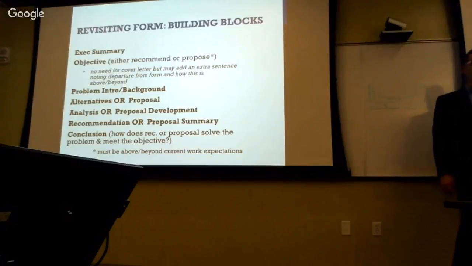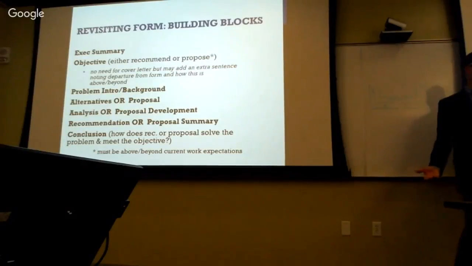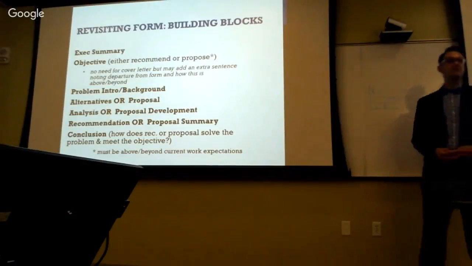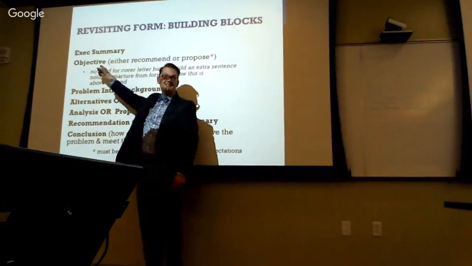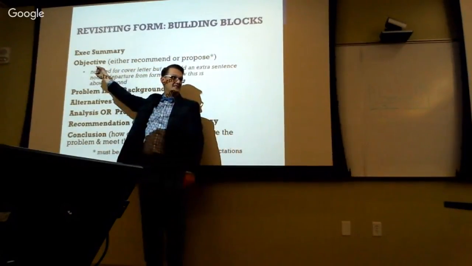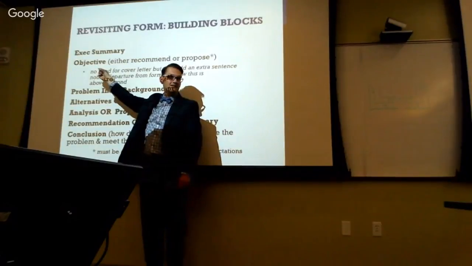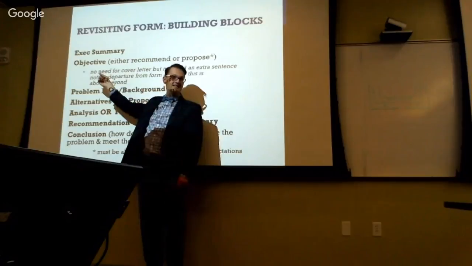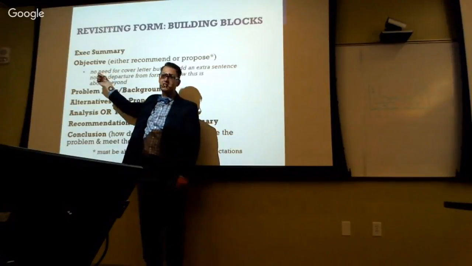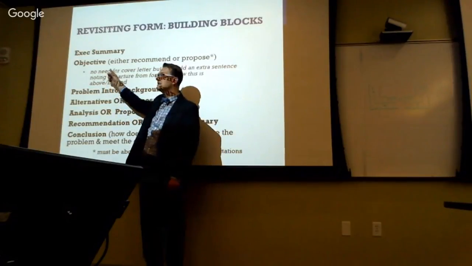Okay, good. Good deep breath. Executive summary. Executive summary is short, especially for a paper of this kind. It's going to be less than a page, a couple of paragraphs, 3 maybe, where you've got to have some key ingredients. You've got to have your objective in the executive summary. Your single sentence objective, so yes, it's redundant, but you're putting that in your executive summary because this may be all that your decision maker reads.